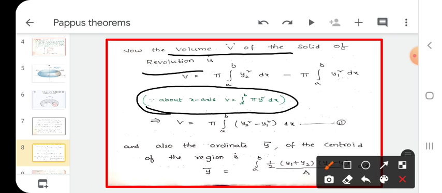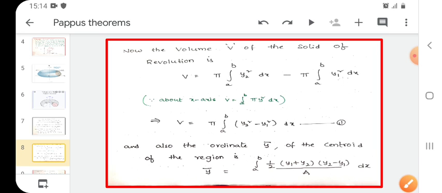In Cartesian form we have 2, in polar form and Cartesian form. Our curve is in Cartesian form, and revolves about the x-axis. So what is the formula of volume of revolution? V equals integral A to B pi y square dx. Okay, this is the formula of volume of revolution.